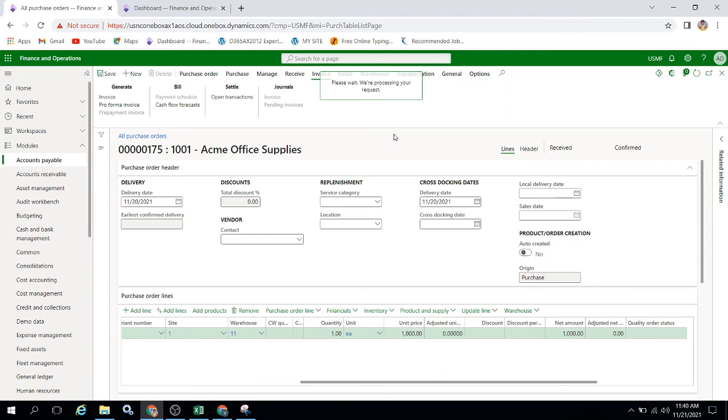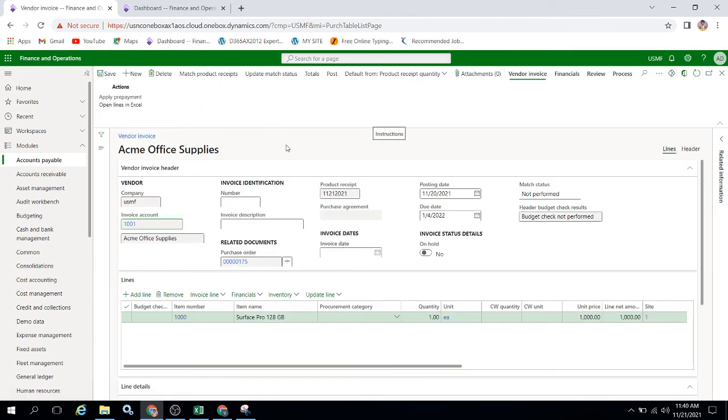So let's generate the invoice. Today, I don't know, the system is very slow. It's taking time for each and every step. Please bear with me.